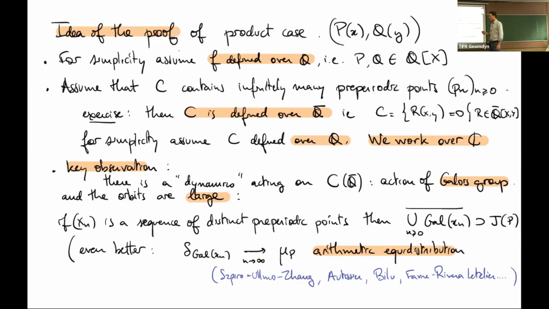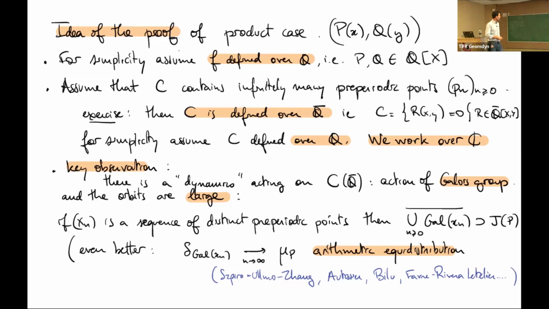It reminds me a little bit of Aaron's talk yesterday, where there was this U invariance. You get extra invariance from a certain situation, and this is exactly what happens here. So you have your preperiodic points, and you have the Galois group acting on them. And it turns out that the orbits of this Galois group are large. When you start with one of these periodic points, they have many conjugates in the curve. That's the idea.